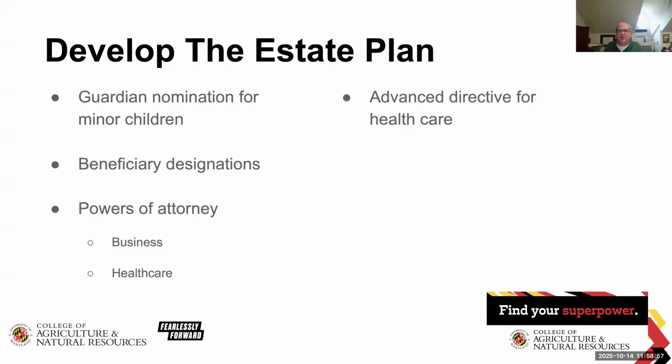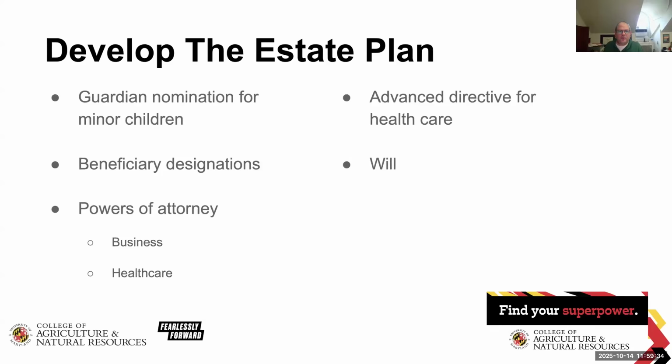And as I often point out to people, why are we doing advanced healthcare directives at this point? Who is the best person to tell people what you want in certain situations? Your children, other family members, or you? Most of us will probably say ourselves would know better what we want compared to other people. So we're doing this to take the pressure off family members later when it may be a very stressful situation for them to have to think about what you would want in those cases.